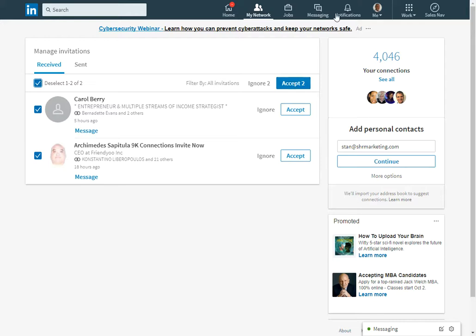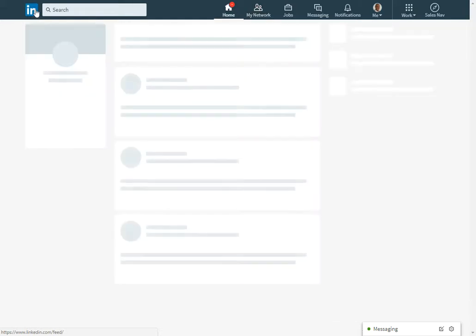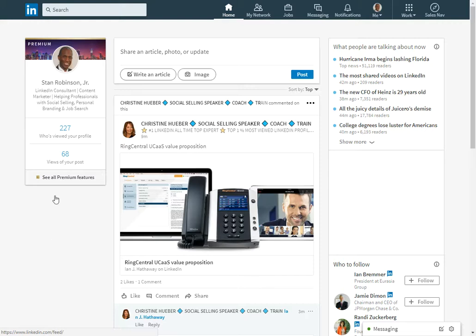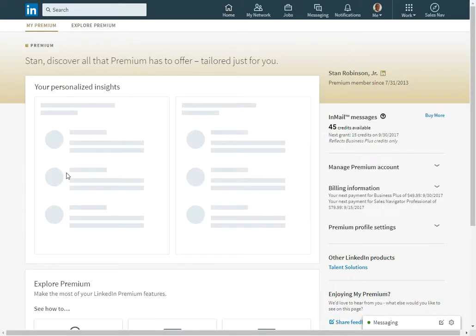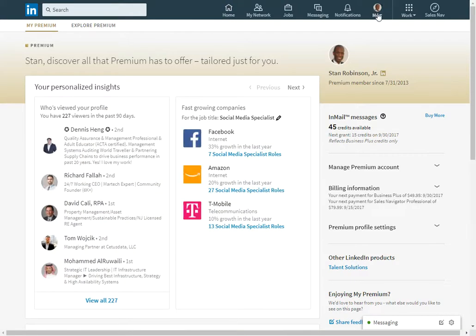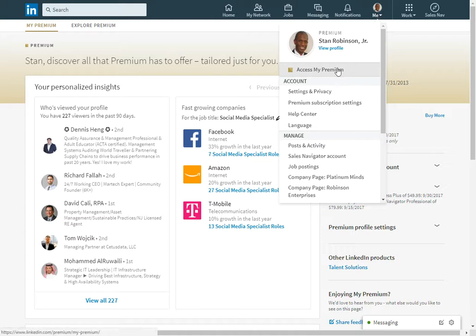And lastly, wanted to mention that, let's do it from here, that for those who are premium users, that's why I left this till last, because this isn't going to apply to everyone, but for those who are using LinkedIn's premium accounts, you can now come right here in the left rail, click See All Premium Features. You can also do this from up here under the Me drop down. I don't know why they call it by a different name, but access your My Premium brings you to the same place,